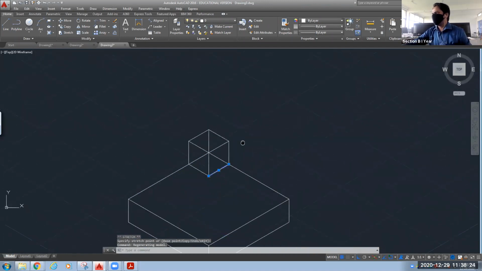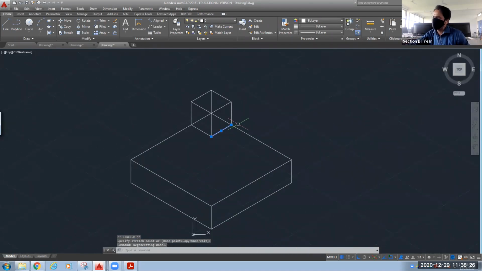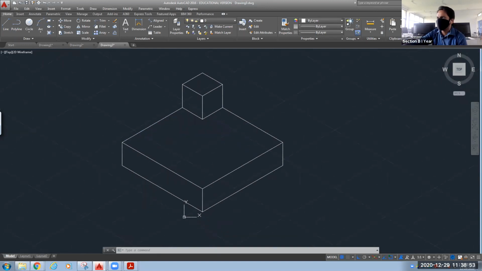Now one box, I have kept it on that side, but if I place any box over there, we will not be able to see this line after this point. So I will drag it. From this side also, I will not be able to see this point. I'll drag it. This line also will not be visible. Now, does it look like some cube is kept on that corner of dimension 25 unit? Okay.